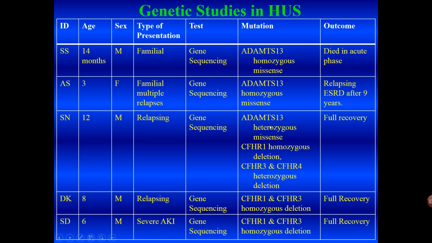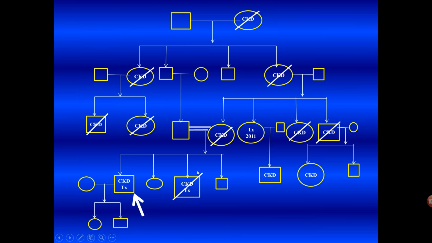We've also found an ADAMTS13 mutation in one boy, a much older boy, but he also had CFH-R1, R3 homozygous deletions. And when we tested his stored samples, we found that he had very high titers of anti-factor H antibody. So I'm not sure whether this heterozygous mutation contributed or whether this was purely an anti-factor H antibody disease, since he responded extremely well to plasma exchange and immunosuppression.